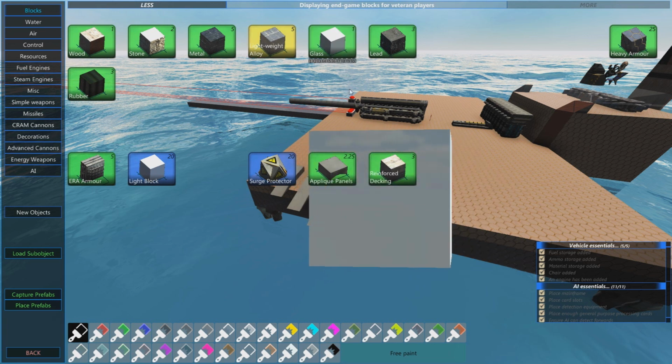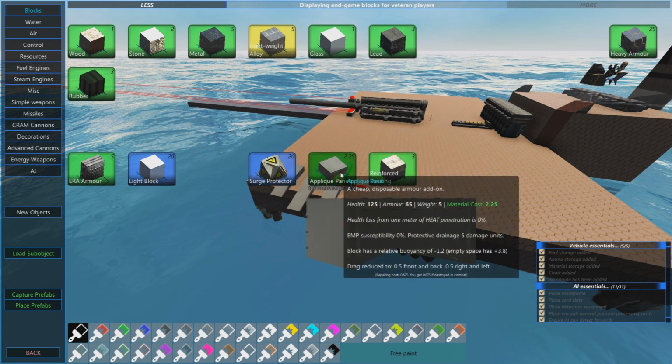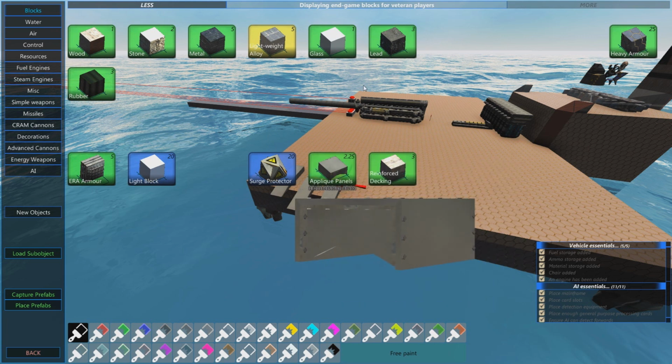so it's not even lighter than alloy anymore. I don't remember whether it was before. I think it was lighter, actually, but there wasn't much point to that since light alloy was already really light anyway. So, yeah,